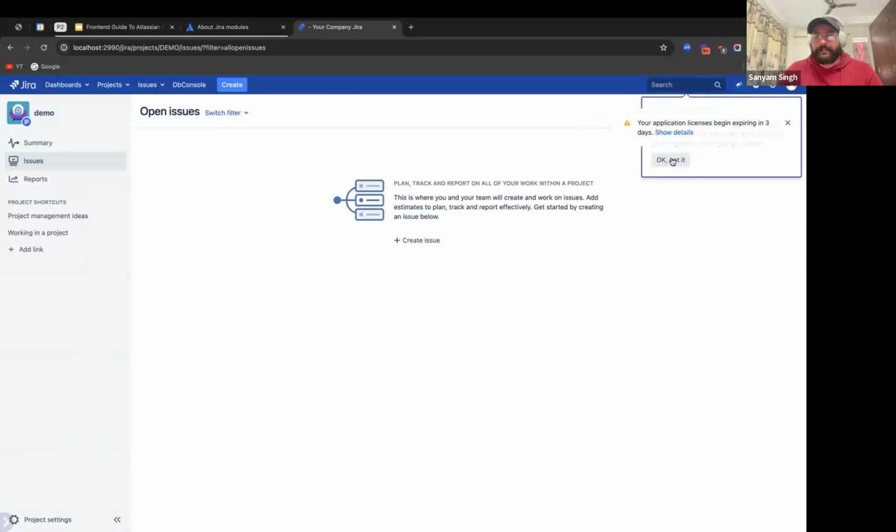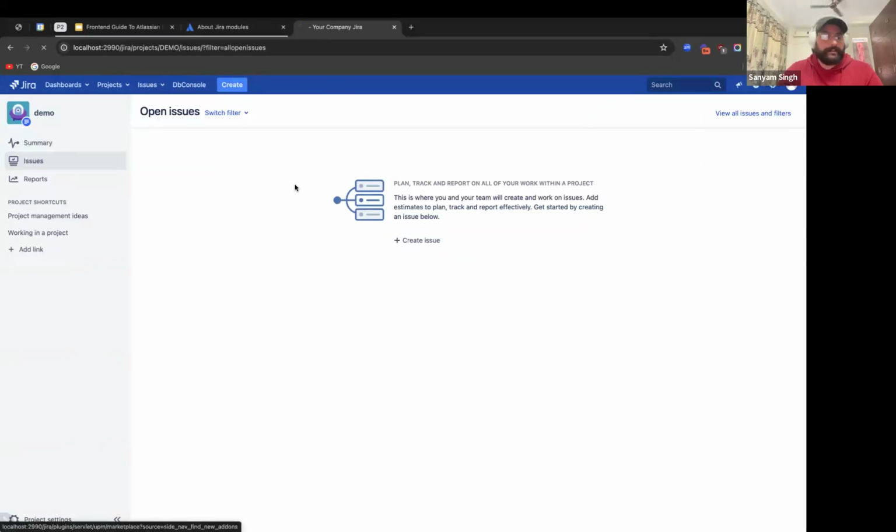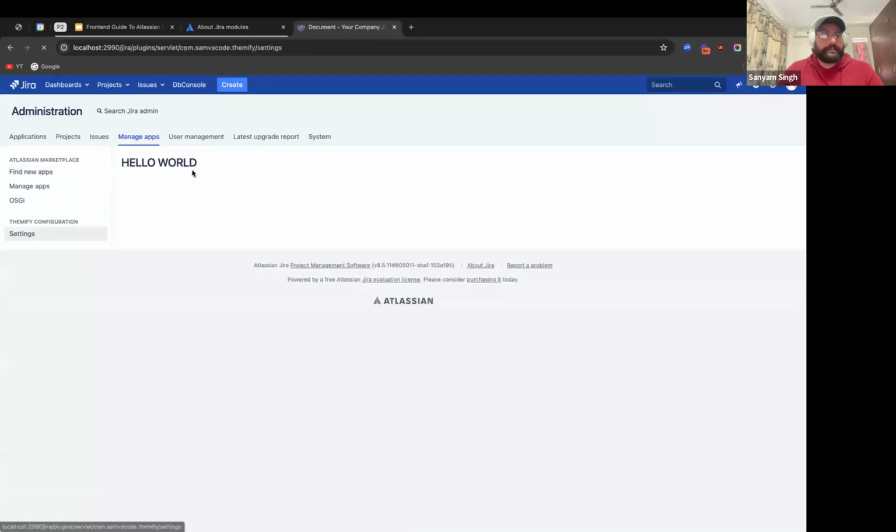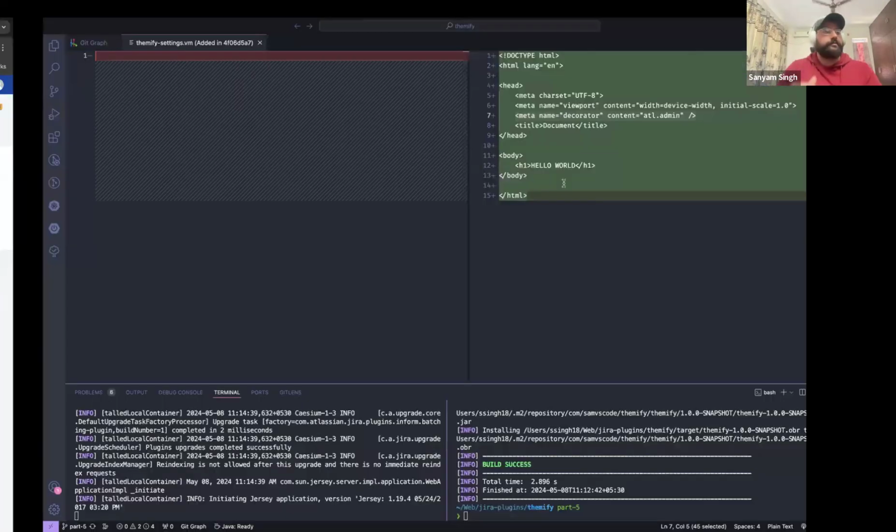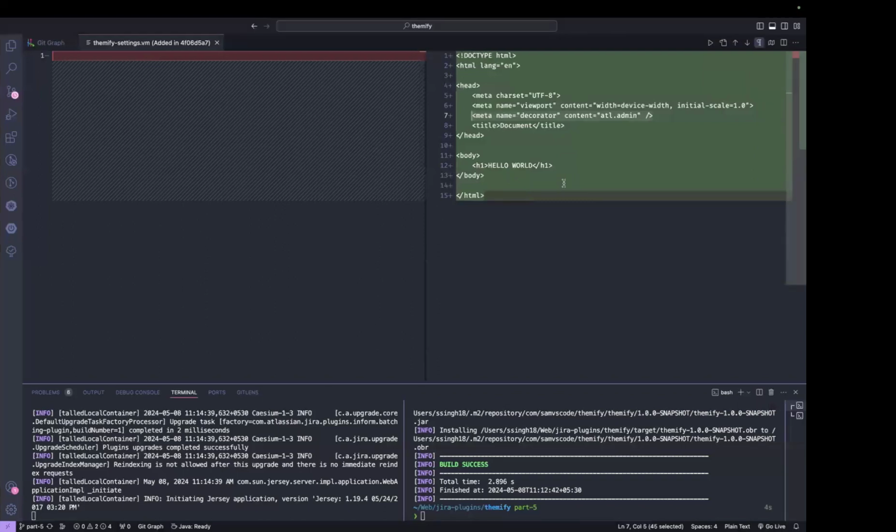Okay, let's look at the web item that we have created. Settings. And now, as you can see, this hello world is actually coming inside the Jira admin page. And all of the CSS and JS that are required to render all of this is also injected just by providing this meta decorator. So with this, you have